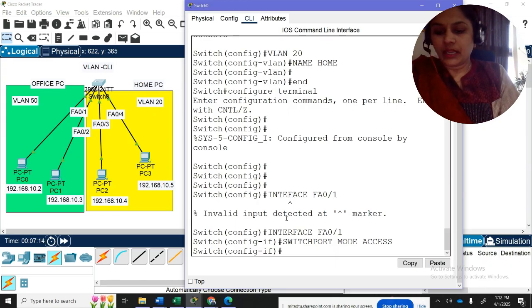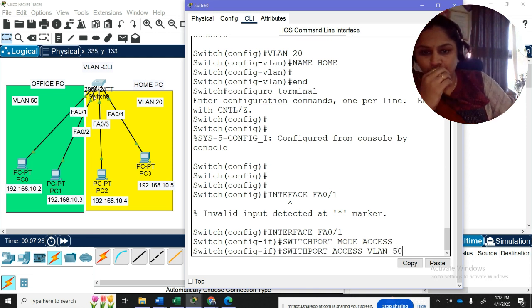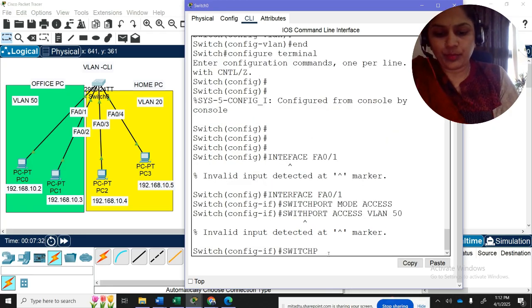Okay, and then switchport access VLAN 50, because I want to add this FastEthernet 1 port into this VLAN 50. Switchport access VLAN 50.